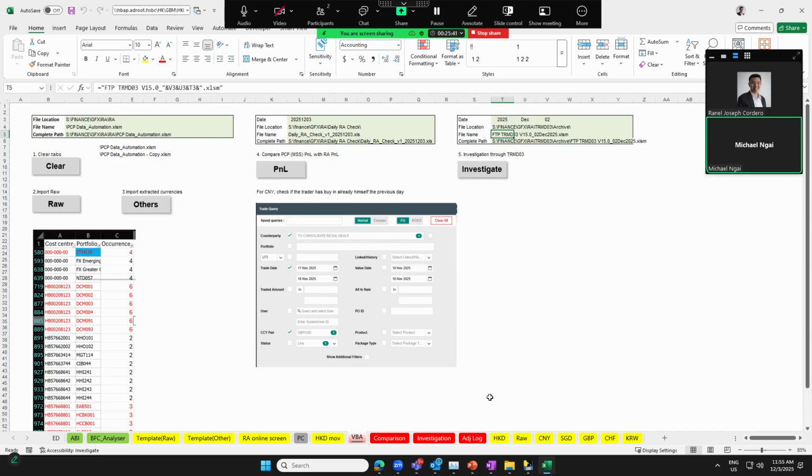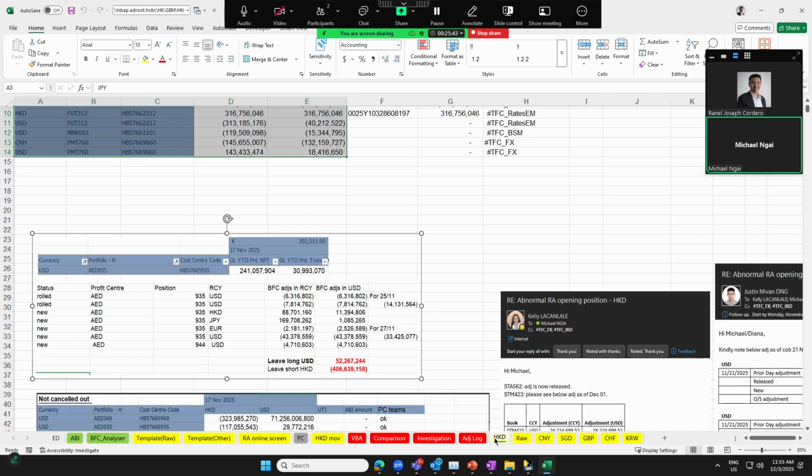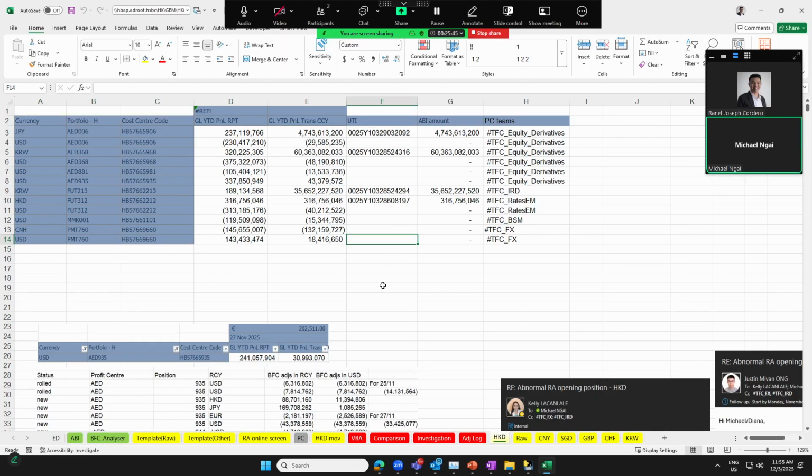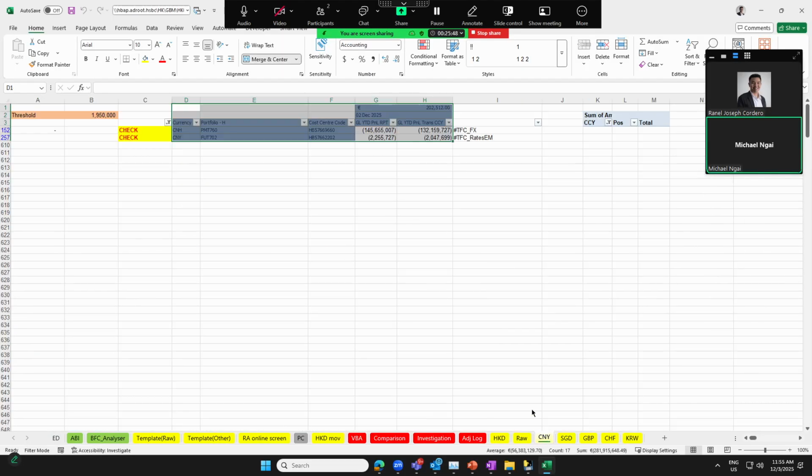So yep. You can look at the other currency first, like the CNY. Here, I think it's the same result.